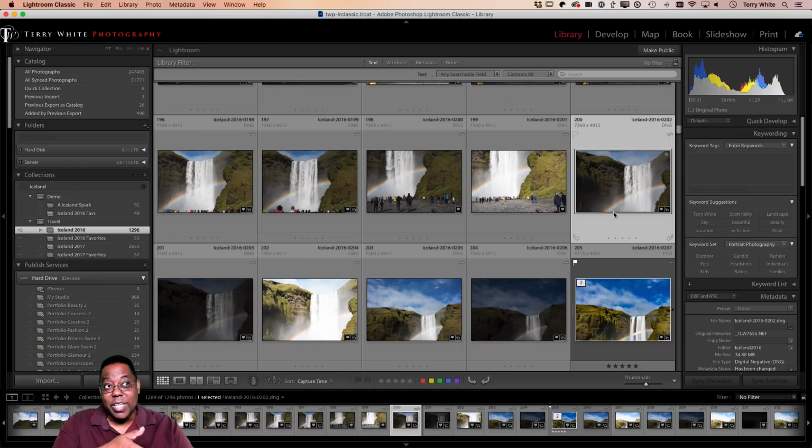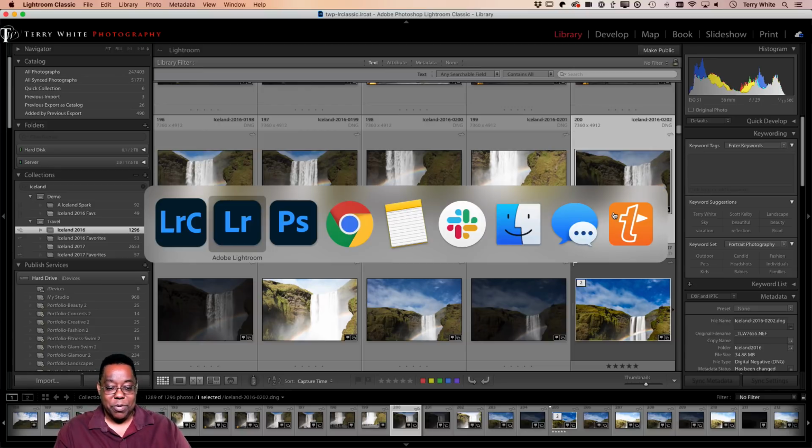Let's go to the Iceland collection. Let's scroll through and try to find some waterfalls, and I'll find some. But that wasn't the only place I shot waterfalls in my life. I've shot waterfalls all over the world, and I don't remember necessarily where I was when I shot the waterfall that I was looking for at any given time. So either I've got to be more diligent and keyword things, or better yet, if you are using Lightroom, regular Lightroom Cloud,